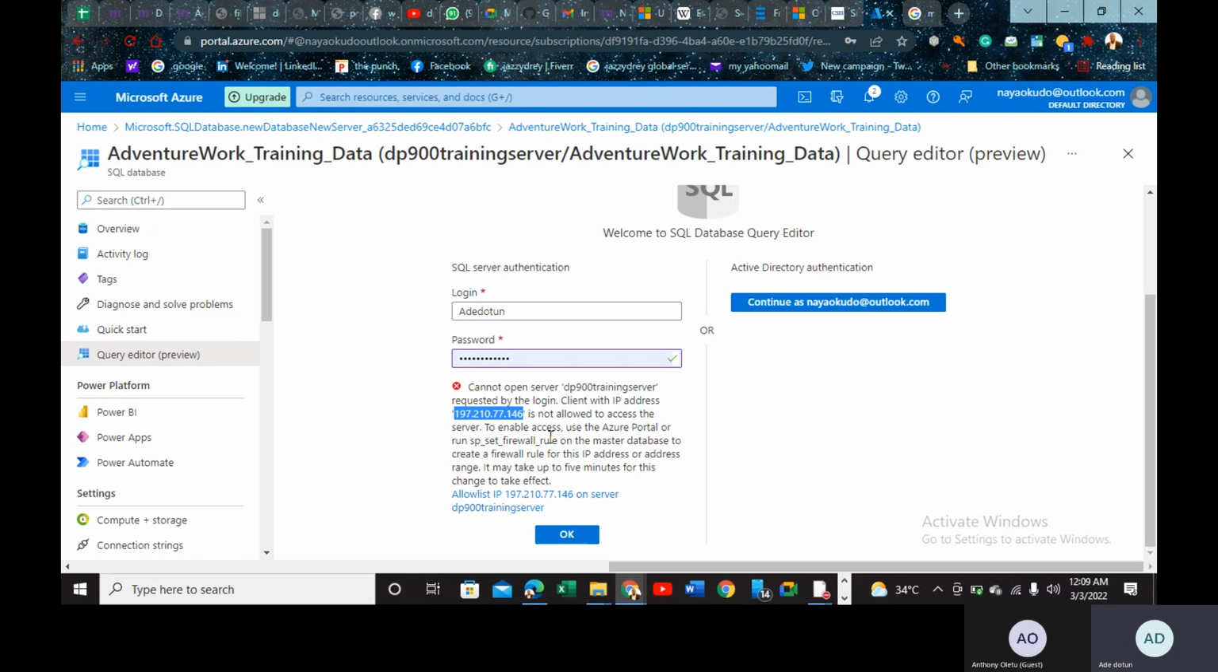So I need to enable access. Use the Azure portal, which means he's saying I should use this. But I don't want to use this. I want to use SQL Server login. Of course, Azure portal is secured. So if you are not this person, you will not sign in. But here you can steal people's password and login. Okay, so